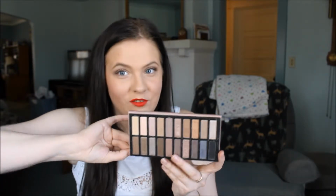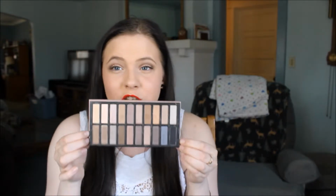Next question is best palette for traveling, and it would have to be this Revealed palette. This is actually only $20, and it's from Coastal Scents. I used my Birchbox points to get this palette, and I didn't pay anything, so I was really happy. You get 20 eyeshadows in this, and the reason why it's my most travel friendly palette is because you have